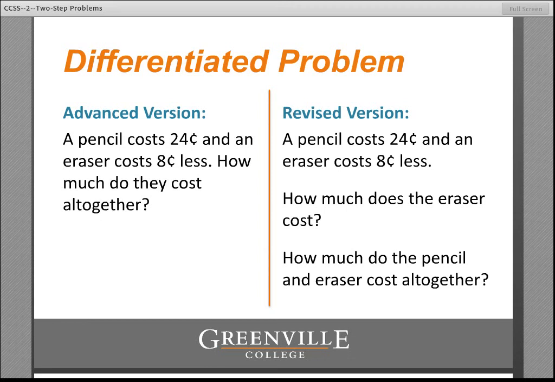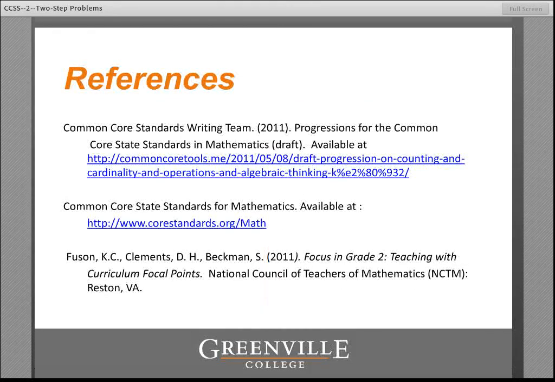Everyone can participate with essentially the same problem, and yet there can be small modifications for those who find the original problem too challenging. Also, when you introduce two-step problems, you can use a similar process. You can begin with this revised version, and when they get practice with that, then you can shift to the advanced version. I wish you all the best of luck as you work with students in trying to set up two-step problems. This really moves them forward mathematically. Challenge, but